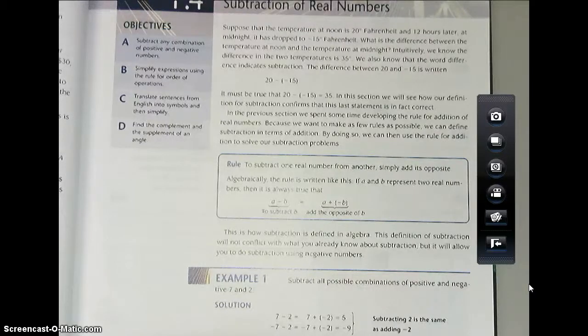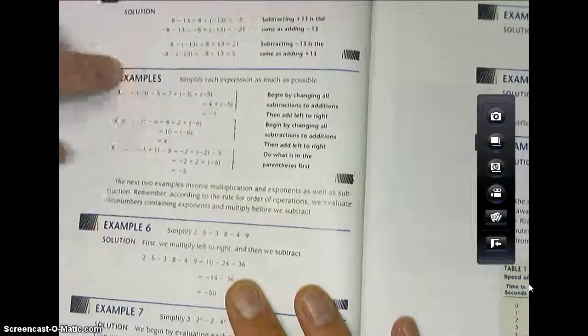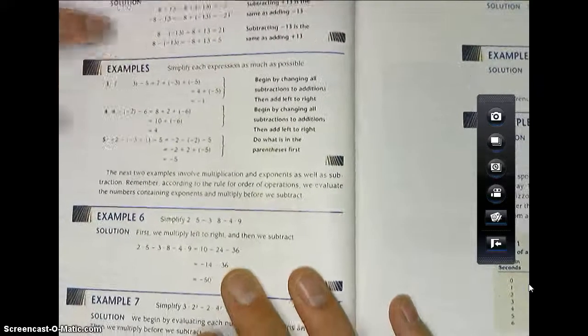And that's all it is. So you might hear some people say that there is no such thing as subtraction, there is no such thing as division. That subtraction is simply adding an opposite, division is simply multiplying by the reciprocal. So if we think about it that way, somehow these long, complicated addition subtraction problems can become a lot more simple. So what they do is, as you can see in this example right here,